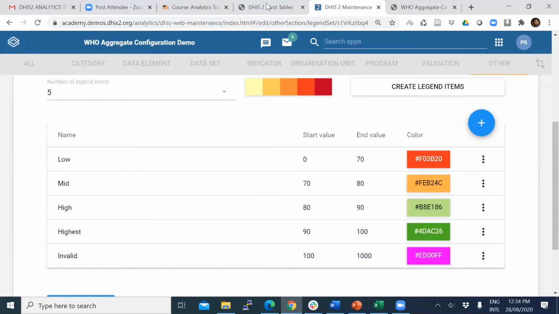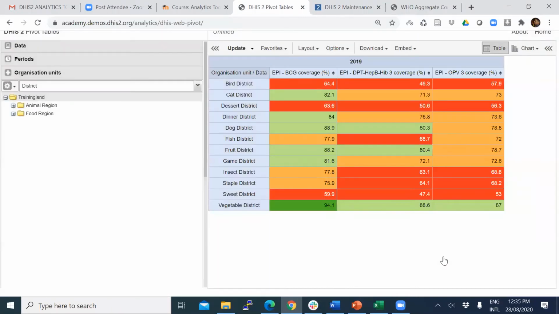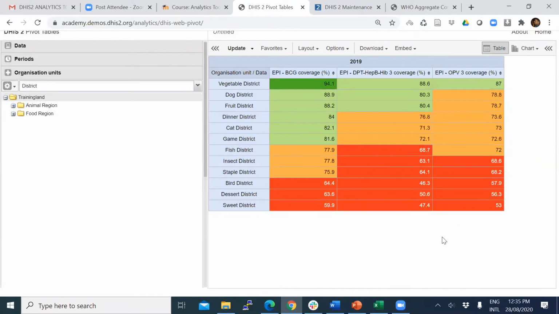I am going to apply this legend to this pivot table. By updating, my pivot table acquires colors according to the numbers I have defined. I can sort, and here it's very clear. Even from a distance, you can comment on this pivot table.